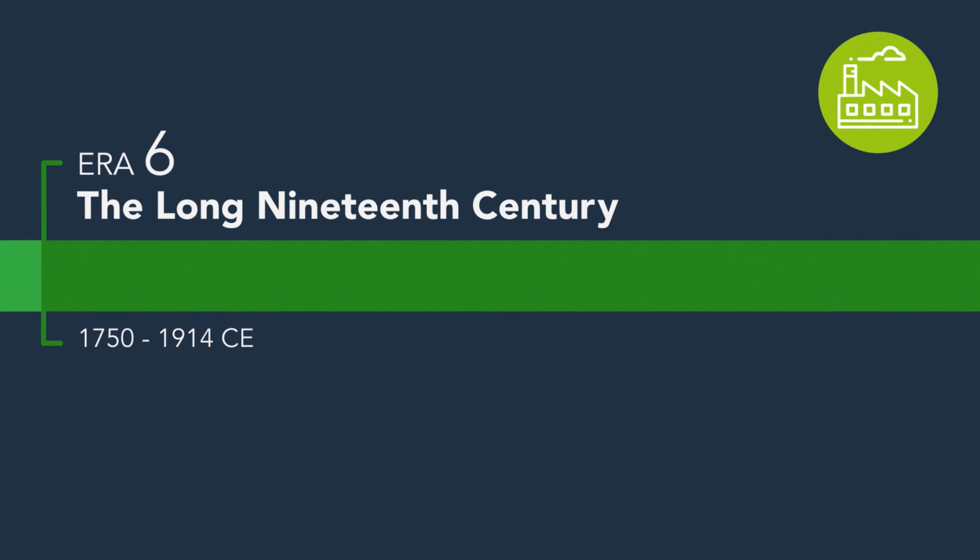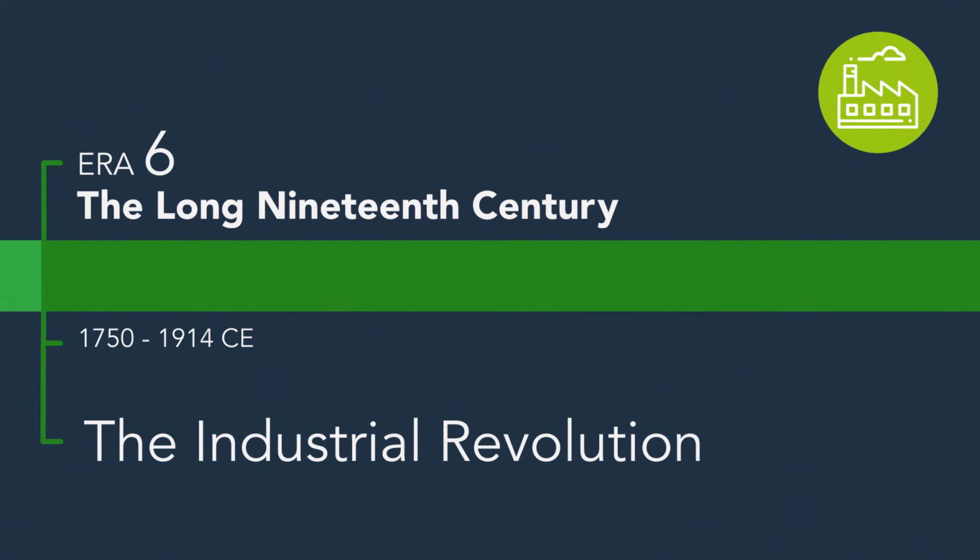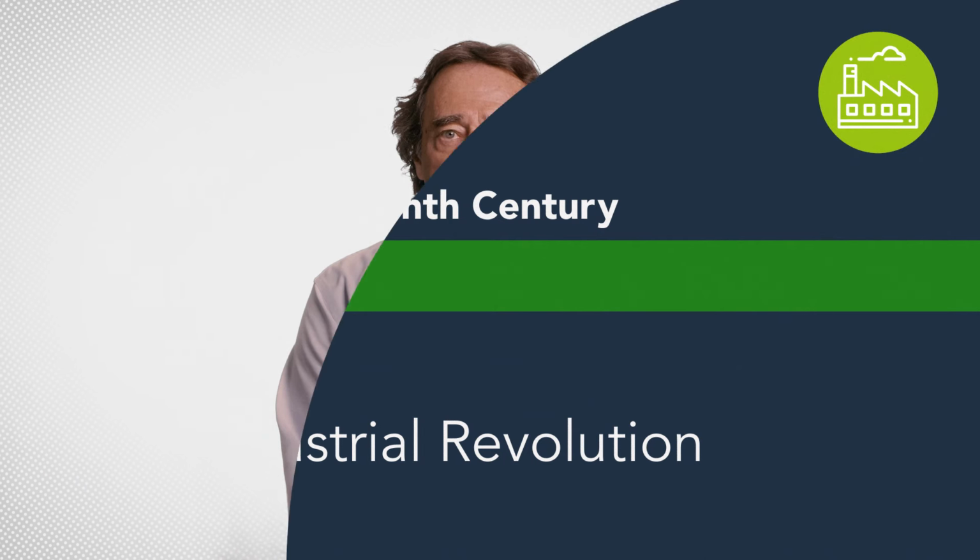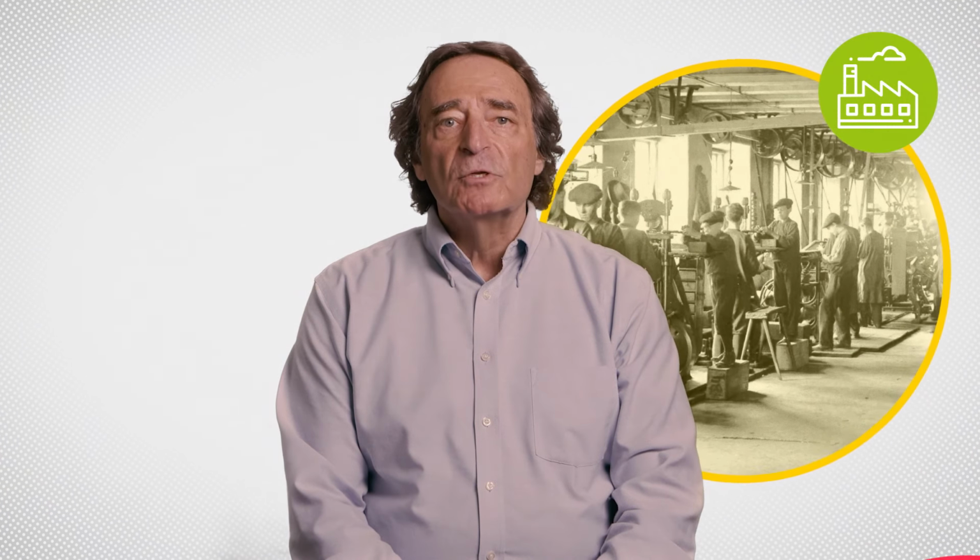Then, about 200 years ago, in Era 6, suddenly, everything changed again. Human use of fossil fuels created an energy bonanza that helped create the Industrial Revolution. This fundamentally transformed the amount of work that could be done, who did it, and where it was done. As a result, the very ways we lived transformed. Work shifted from farms to factories and cities, and from goods produced directly by human or animal labor to goods produced by machines. Fossil fuels also helped transform our methods of distribution, creating vast global markets for goods.